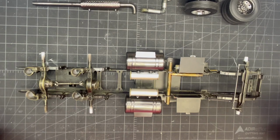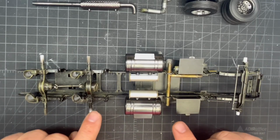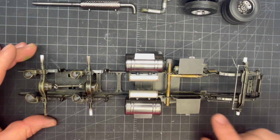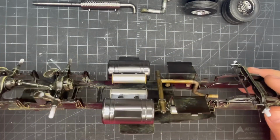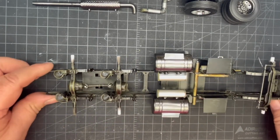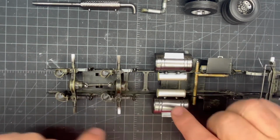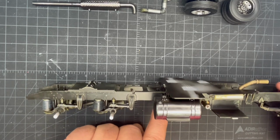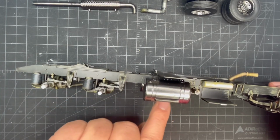Well, you can see the underside's got a lot more done to it than when we left. I got the axles on, or the rear ends on, got the front axle on, got the steering column on, the exhaust, airlines, tanks, the airlines on the side. I ran the airlines from the airbags up and then into these two tanks, down the side and then up into the little fittings in the tanks themselves. Ran this side down and put it into this one, ran this side down and put it into that one,